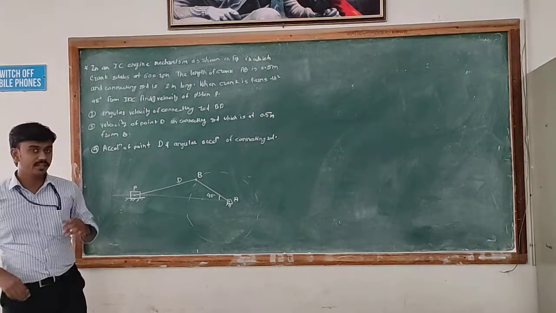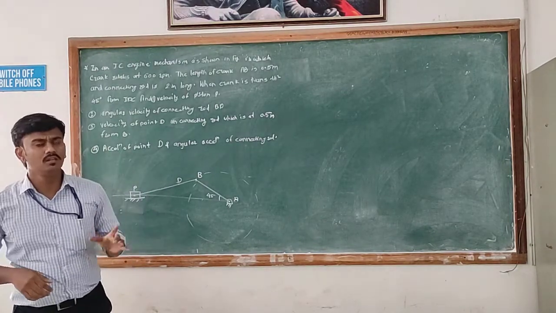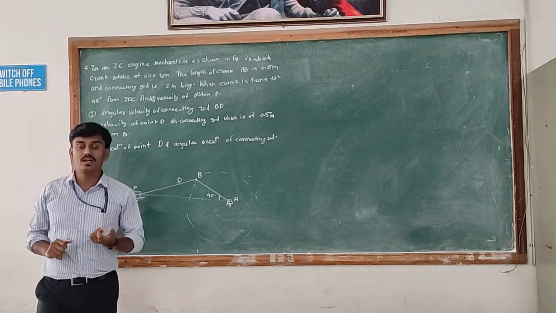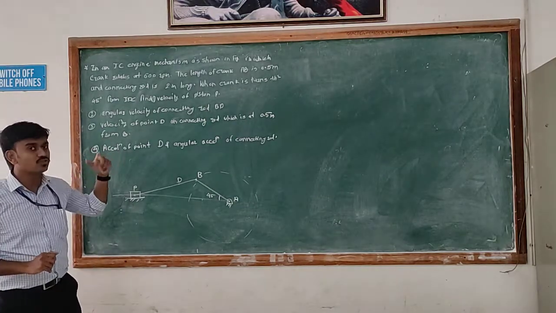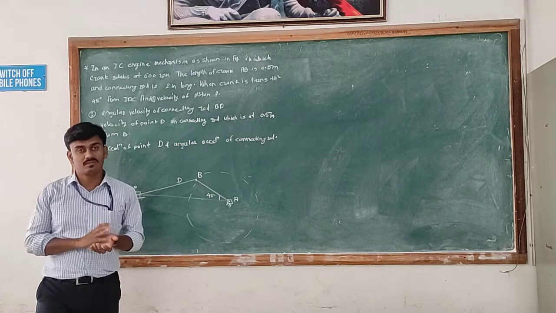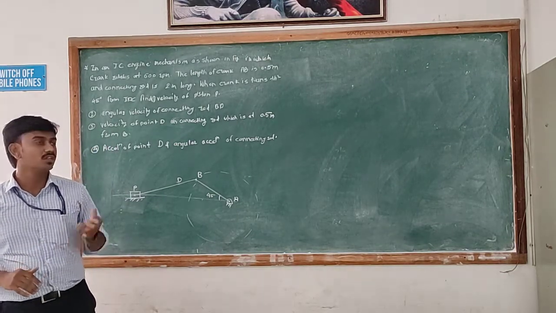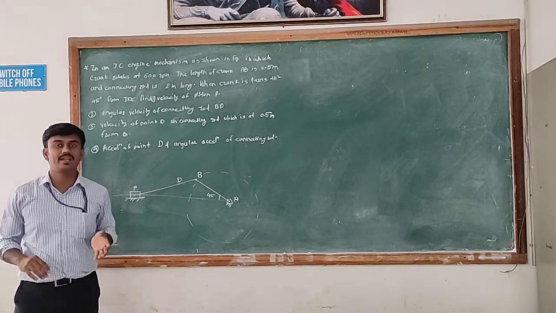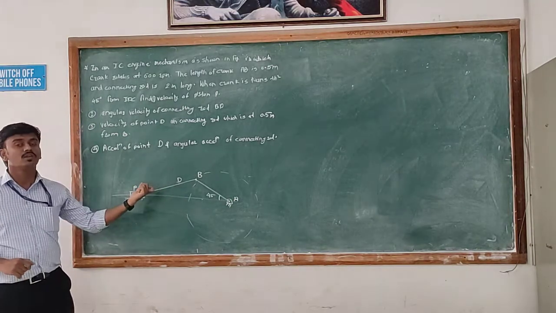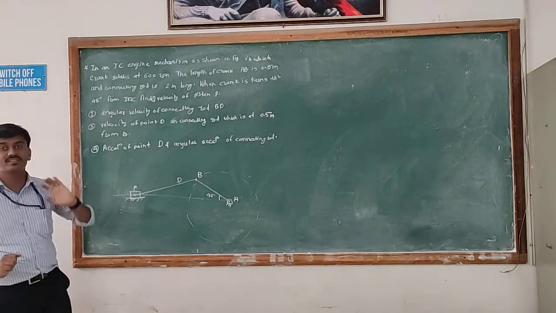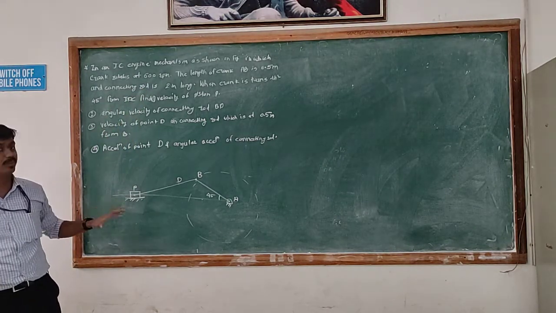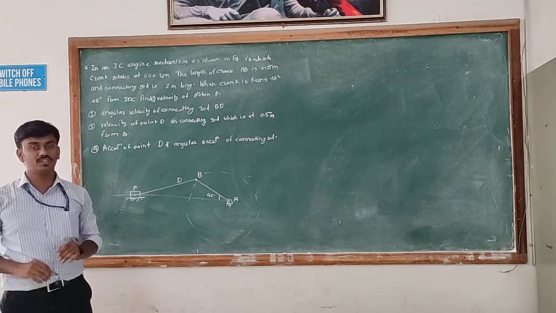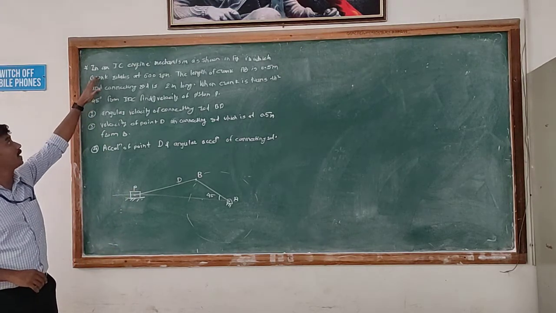Hello student, in today's session we will solve one numerical which is based on the relative velocity method. We have to find the angular acceleration or acceleration of any limb in a given mechanism, and the mechanism is a slider mechanism or IC engine mechanism. So here is the statement of the numerical and we have to solve this numerical by using the relative velocity method.